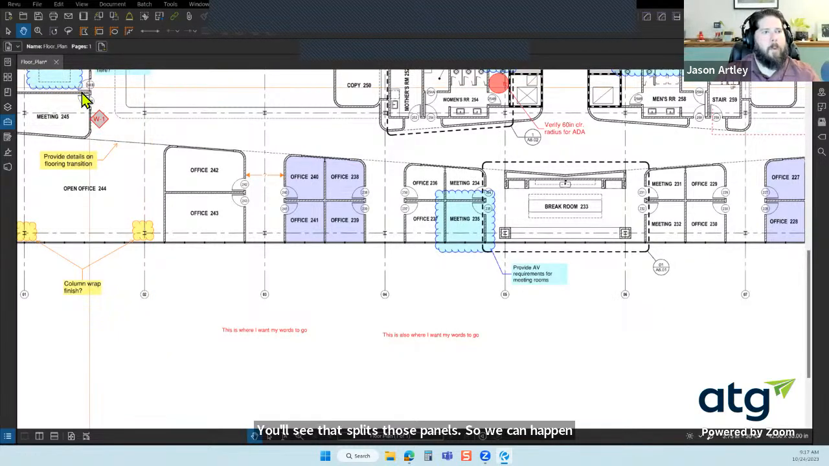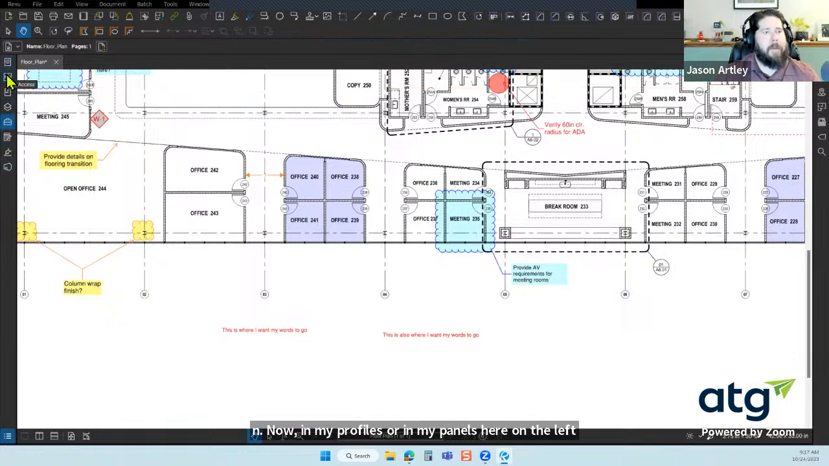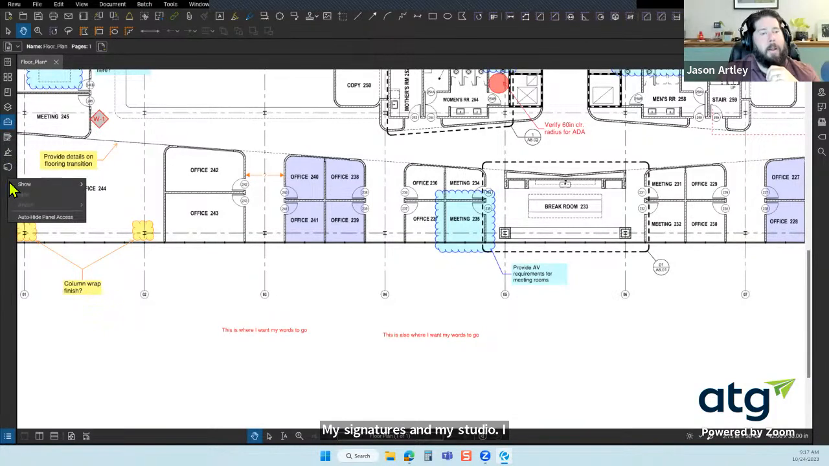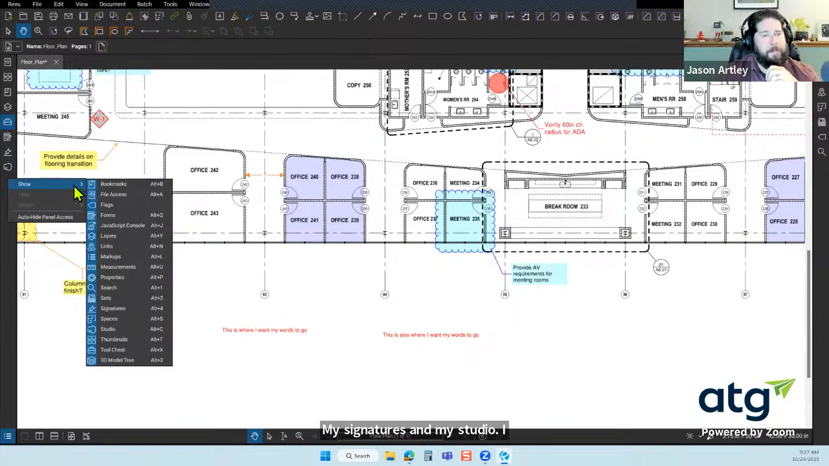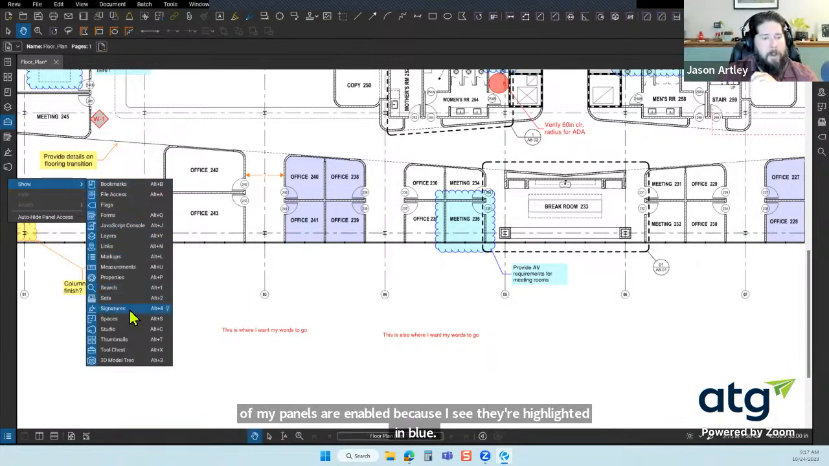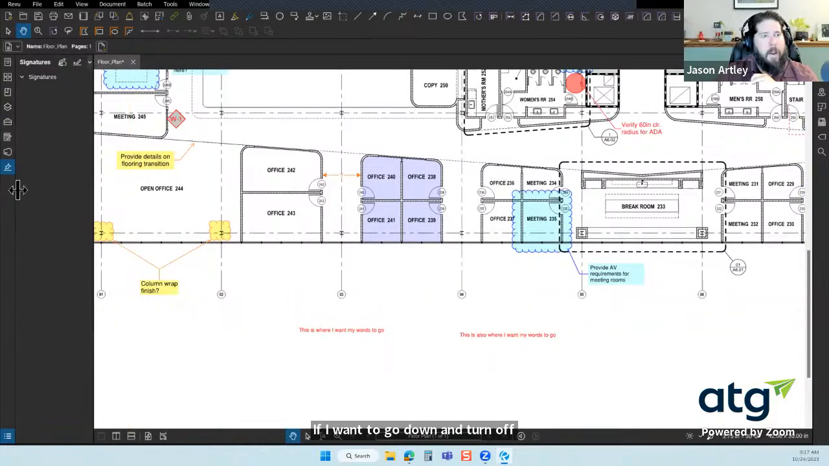Now, in my panels here on the left side, I have my file access, my thumbnails, my bookmarks, my layers, my Tool Chest, my forms, my signatures, and my Studio. I can right click on this panel as well to see what I want to show and not show. Now, I know all of my panels are enabled because I see they're highlighted in blue. If I want to go down and turn off signatures, I can do so, and it will,